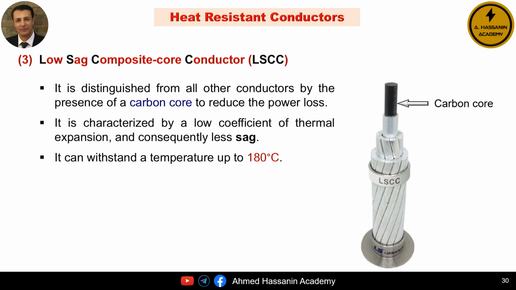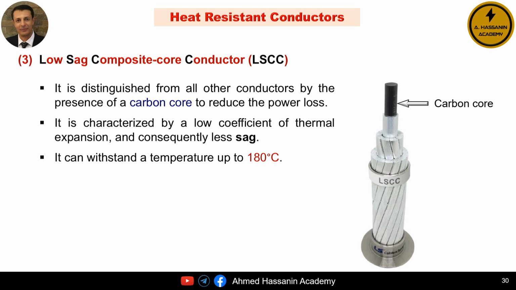The third type of heat-resistant conductor is the low-sag composite core conductor, LSCC. This type of conductor is characterized by having a carbon fiber core, which contributes to reducing power losses. The main advantages of this type of conductor are low coefficient of thermal expansion, which results in less sag, suitable for long spans, meaning it is used when the distance between towers is large,